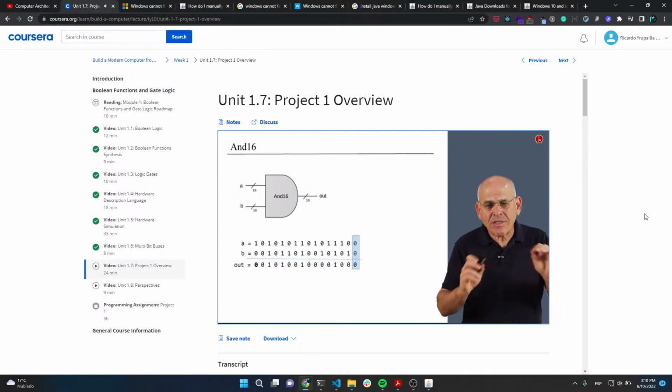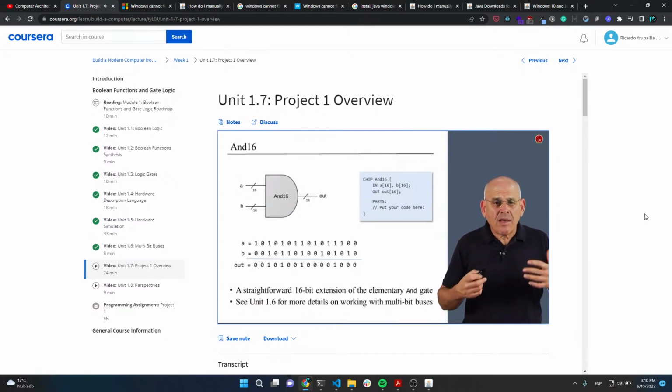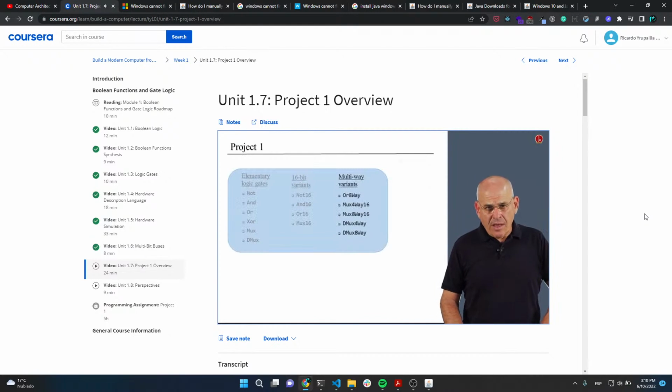looking at. Now there's something which is a little bit deceiving in this example here, because the calculation of the logic here is not sequential. Everything is being outputted, boom, in parallel. And this also gives you some tip on how to actually build it. Okay, this is a straightforward extension of elementary AND gates. You can read more if you want about how to handle buses of data in HDL. And basically, once you get this stub file, we can implement an AND gate using a set of two-way AND gates. All right, so this has been what I wanted to say about the 16-bit variants that you have to